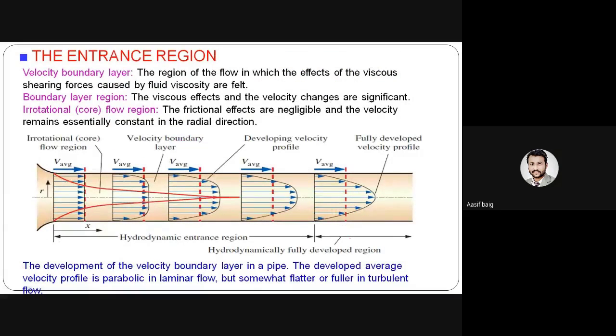So we will see the entrance region. The study of this entrance region is also essential. Velocity boundary layer, boundary layer region, and irrotational flow region. These three basic things we have to study in this topic. So what is meant by the velocity boundary layer? The region